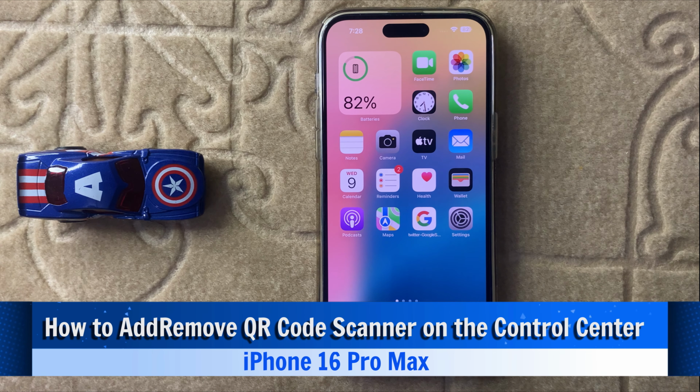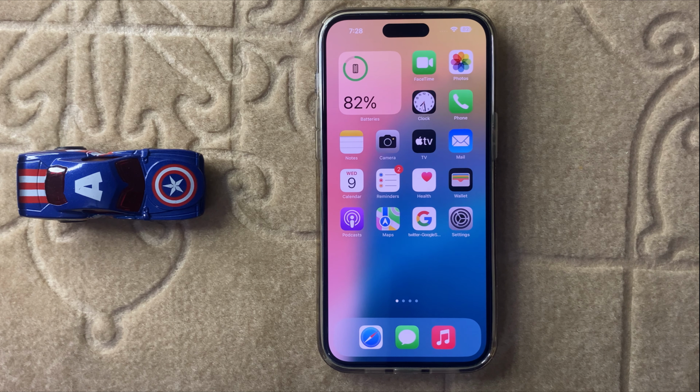Hello everyone, today in this video I will show you how to add or remove QR code scanner in iPhone